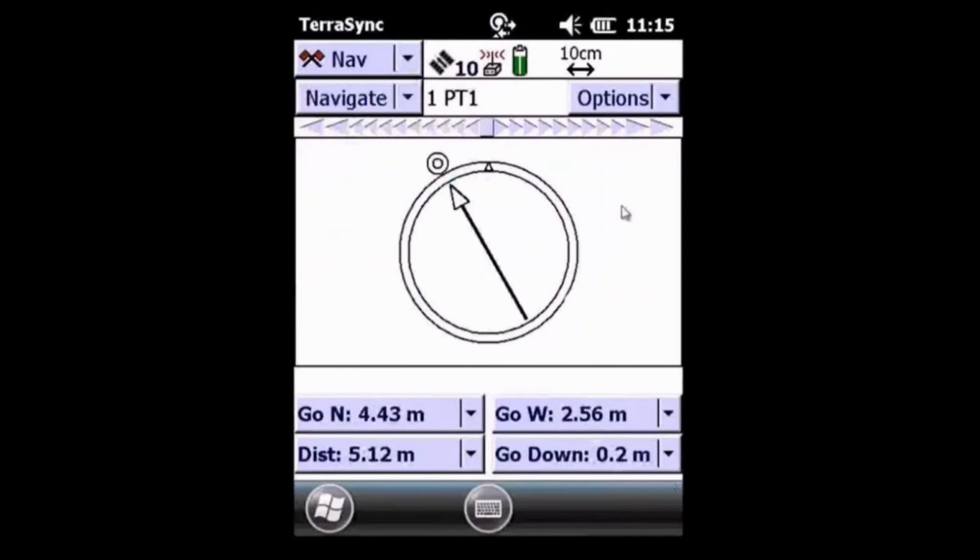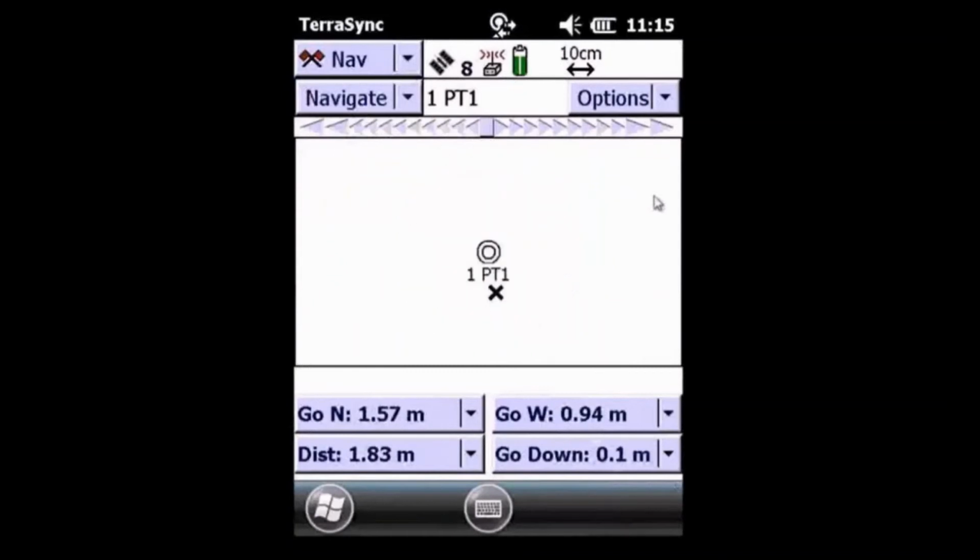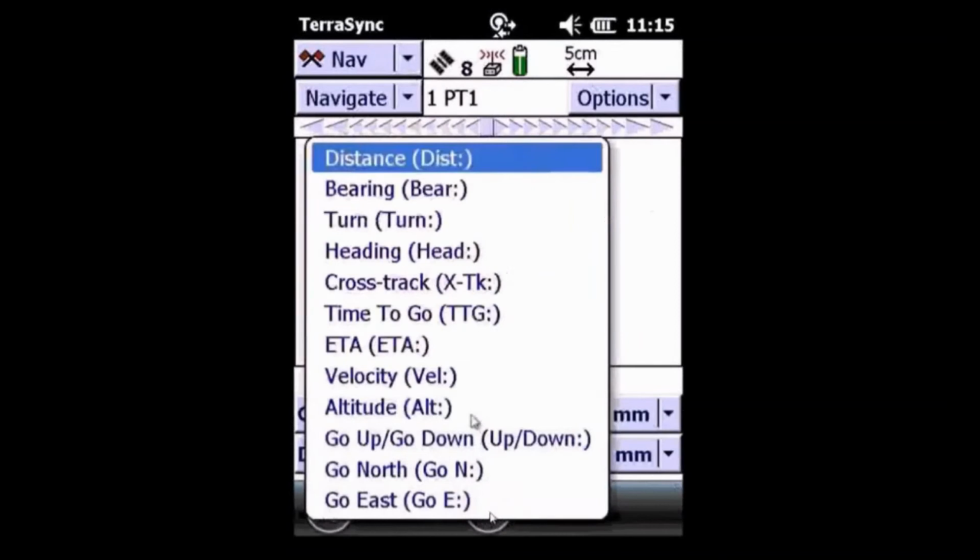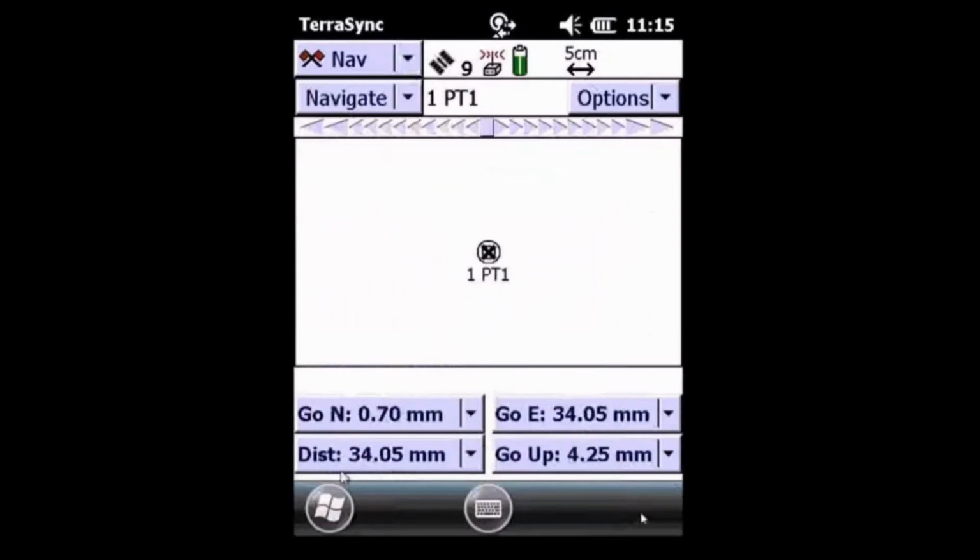He's moving onto the point, set up with a monopole with a Geo 7. This is not the best environment. There's some trees, so the accuracy is not around 1 to 2 centimeters like normal, but you'll see that we have very good vertical, and